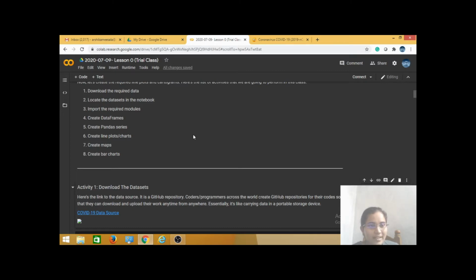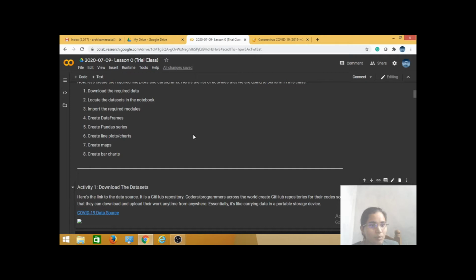Next is creating data frames. Whenever you are accessing any data that is in tabular form, we need to create the tabular form in our programming language. That's why we call it data frames. Next is creating a pandas series.